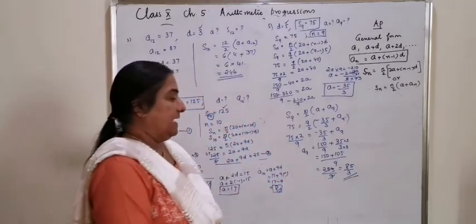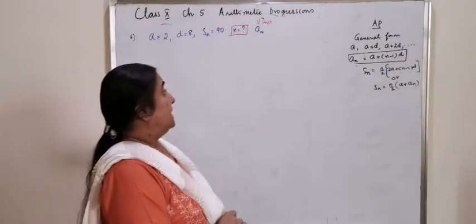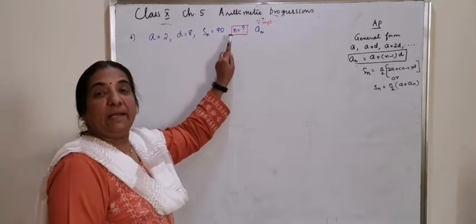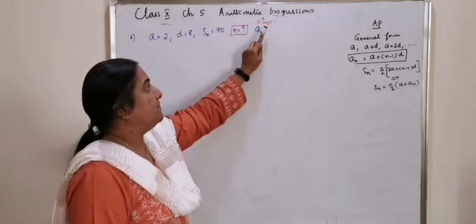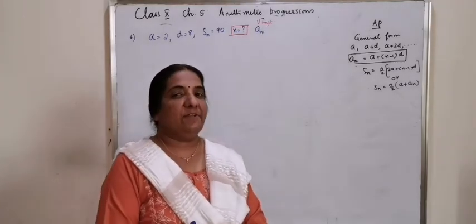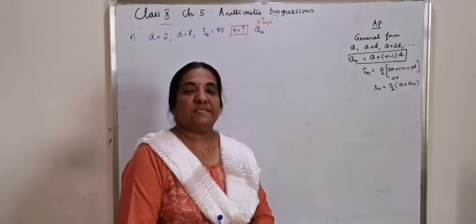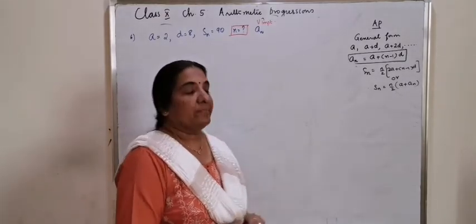The value of a9 is 85 by 3. Subdivision 6. As you see here, define the value of n. It is a very important question because in the remaining part of the exercise they will ask a word problem to get the number of terms. Study the workout from here.